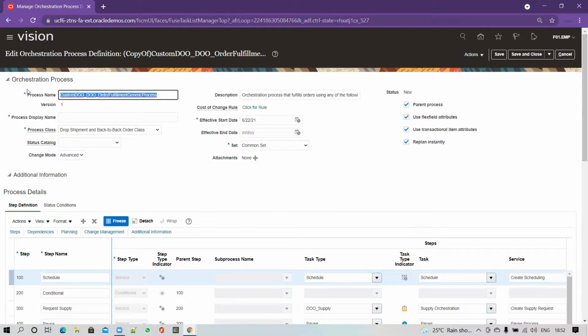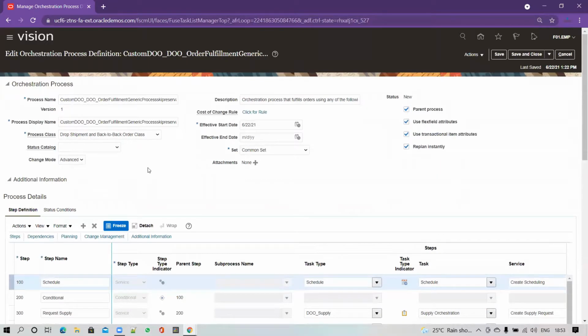Now I have duplicated it and I am adding the name. I am setting up, at the last, for our identification purpose, skip reservation. So I can easily identify that this particular custom orchestration is for the reservation process, so that while associating with the order type, you get to know what process got assigned against the order type. Now I set up the name. After that, I click on save.